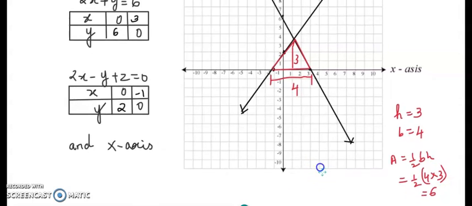Right? Clear? What did I do? I have counted the number of positions. So minus 1 to 0 is 1, 2, 3, 4. And same way height is 1, 2, 3. Okay? The height is 3, base is 4. And I found the area. Okay? Let's take the next one. It was with the x-axis.